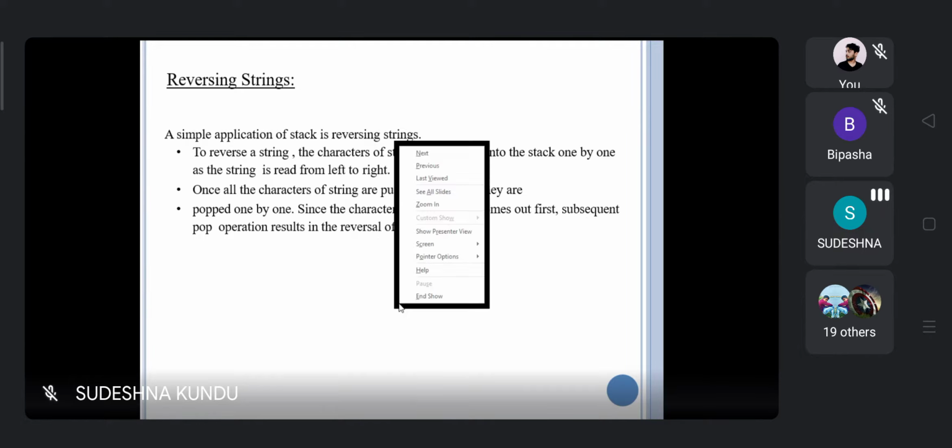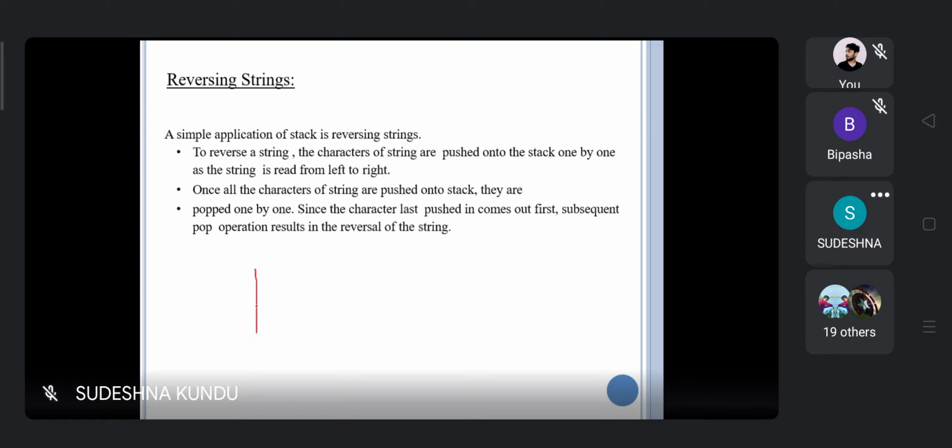Understood that? So suppose there is a string STR, str, and I want to reverse the string str. So str one by one will be taken and pushed into the stack.